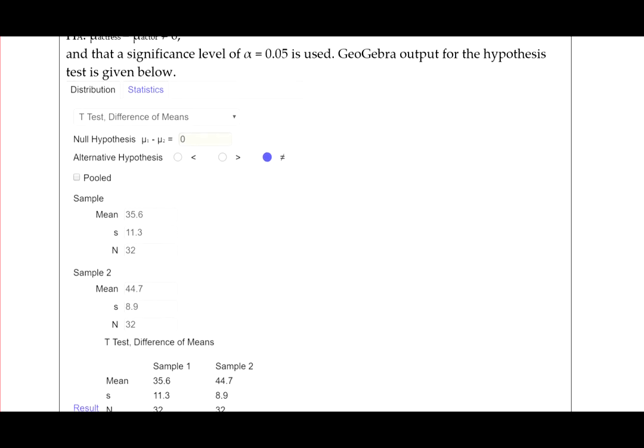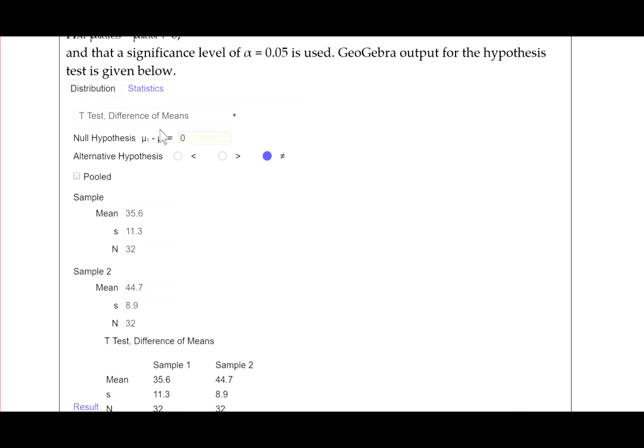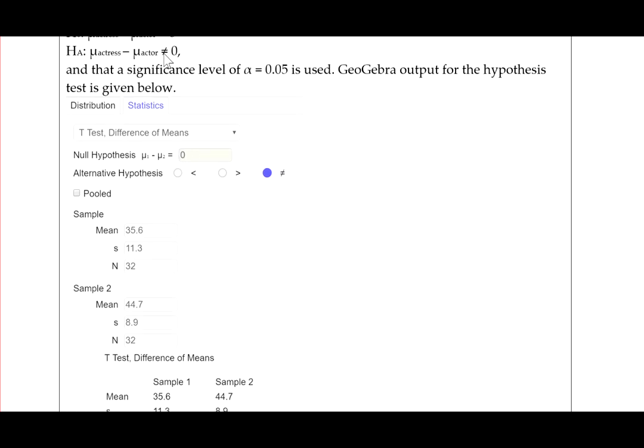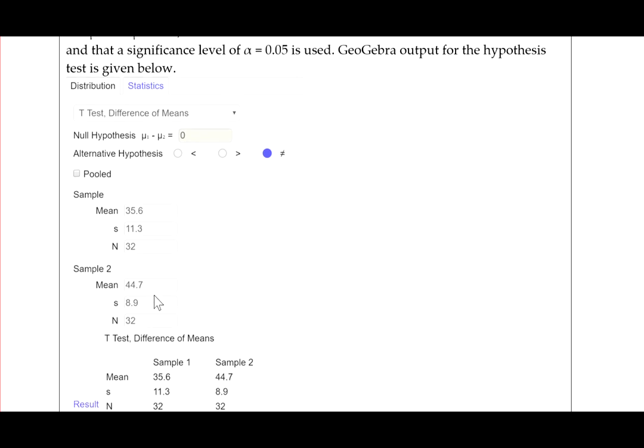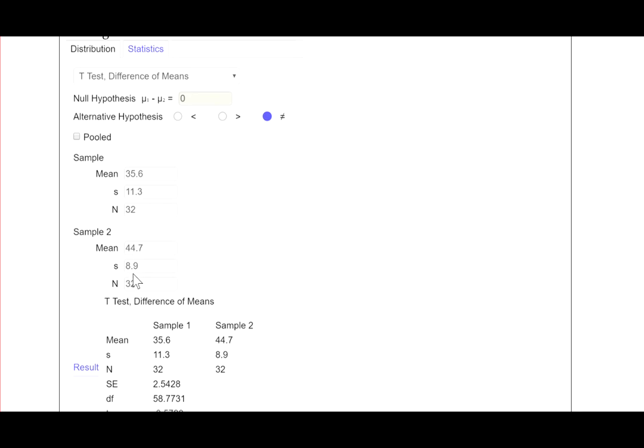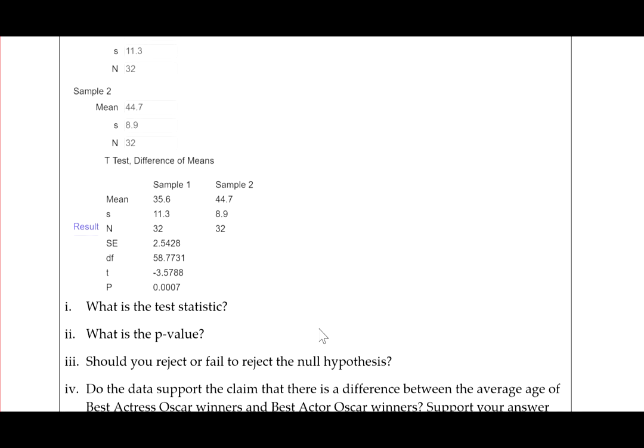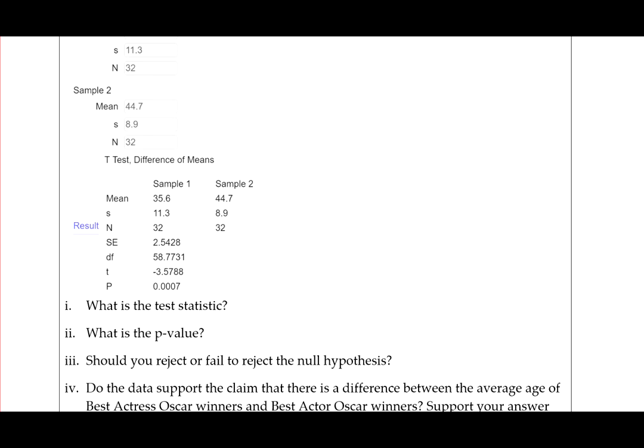Here's the GeoGebra output. We did a t-test for the difference of means. The claimed value is 0, and we highlighted the not equal to symbol as indicated in our alternative hypothesis. Here are the data values for actresses, and here are the data values for actors, and here's our output. So what is the test statistic? The test statistic is given in the output as t. So it is t equals negative 3.5788. And the p-value is given right below it,